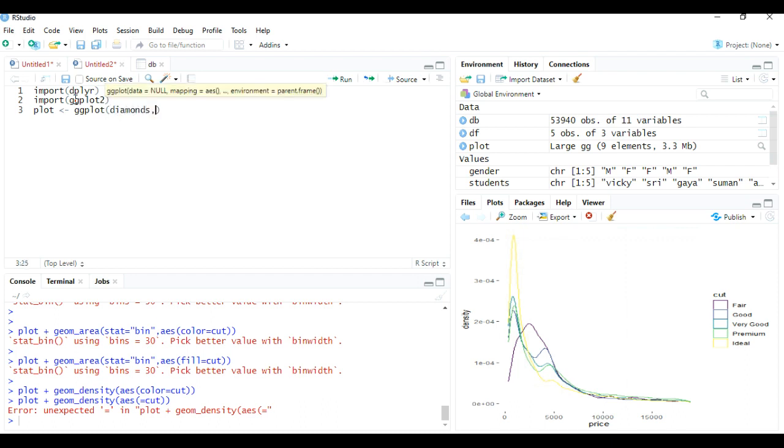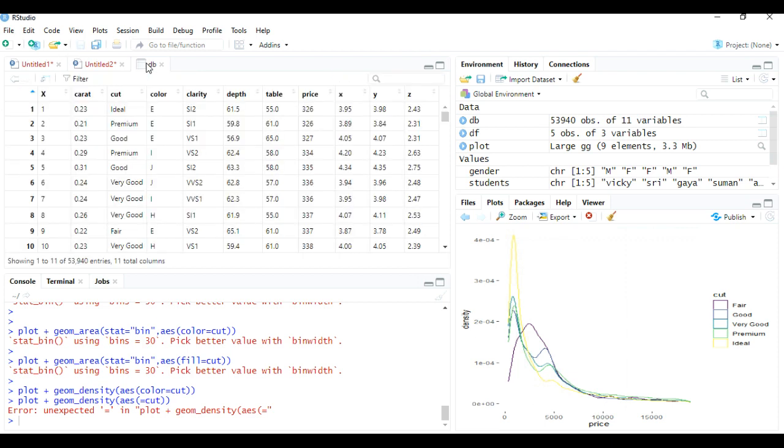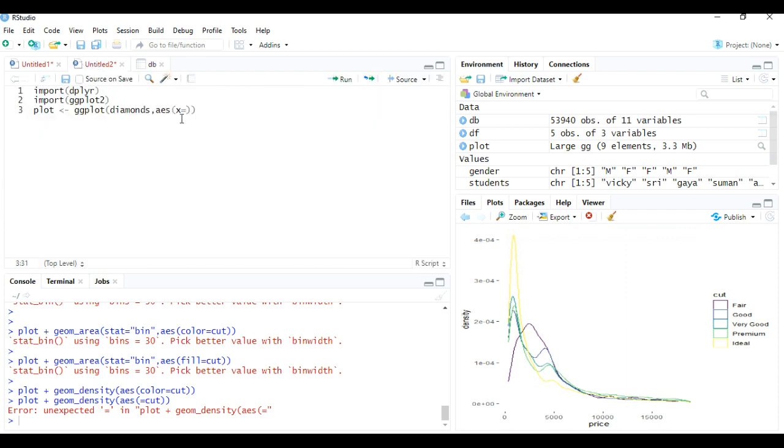Diamonds, comma, in the aesthetic function I'm going to give x equals to the clarity variable. So come here and type clarity.